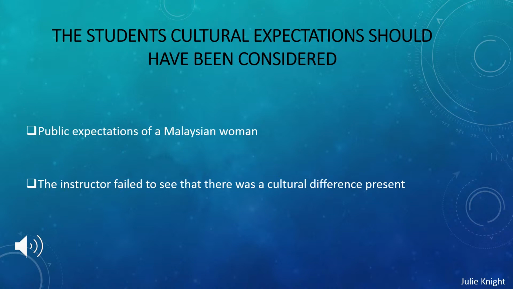The public behavioral expectations of a Malaysian woman can be very different compared to other students. For example, Malaysians are generally very conservative and reserved people, and females will probably not maintain eye contact as long as a male due to their shy nature. And this would explain why she struggled with working in groups and working with other people, male and even other females. If she didn't know them, she would have acted the same way because of the fact that she could have been very shy and appeared to be, or why she didn't ask